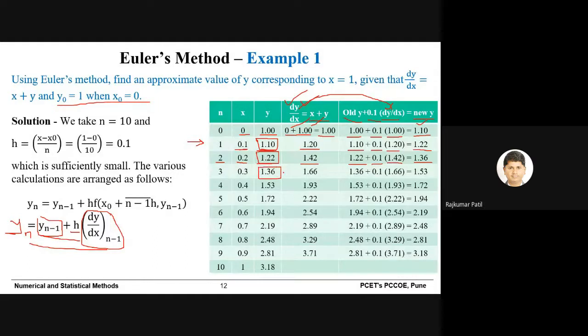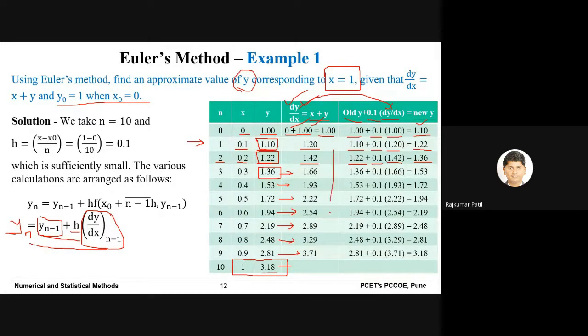So every time what we will do, we will use the latest values of x and y in order to calculate the new value of y. And this is how we repeat the process, and you can get the latest values of x and y, that is x is equal to 1, for which we are interested in the value of y, and you will get it here as 3.18.